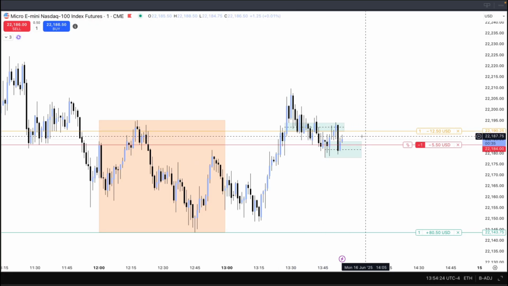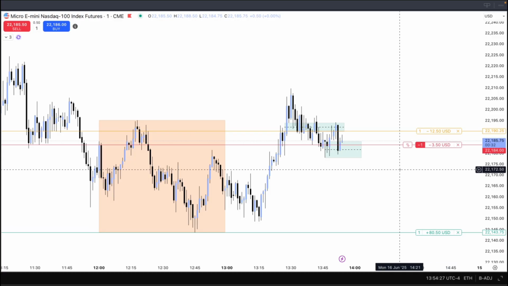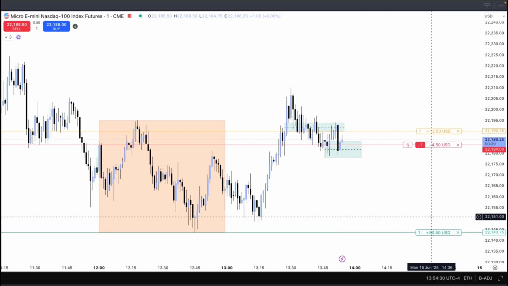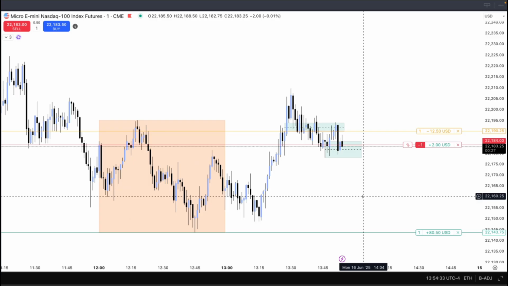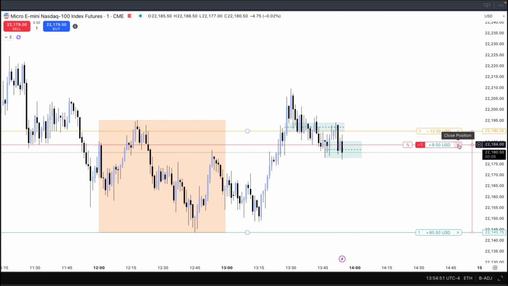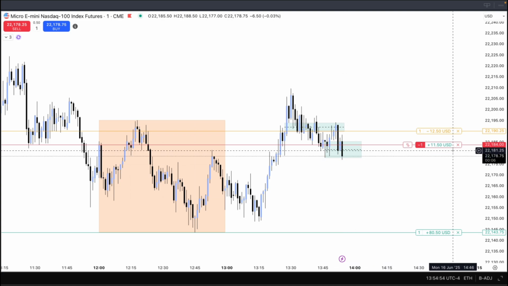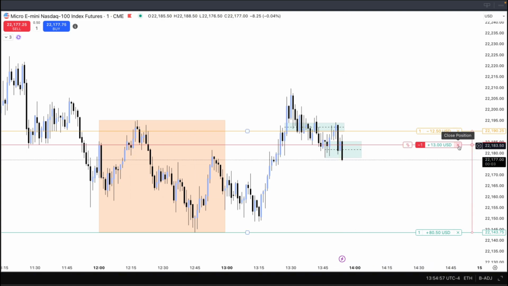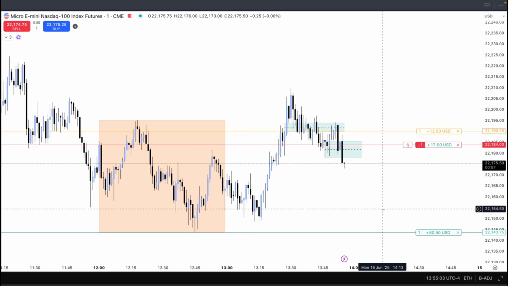And I know this isn't a lot of money, it's really not a lot of money, but if you can find a setup like this every day, and then you trade 5 micro contracts or 1 mini contract, now you're up a lot of money. Or if you can find multiple setups similar to this every day, where you're making $30, $40, $50, $80 a trade on 1 micro, and you can multiply that and find 3 or 4 setups like that a day, that's a full-time income. So I really want to show you guys, you don't need to have a huge account to trade and make money doing this.